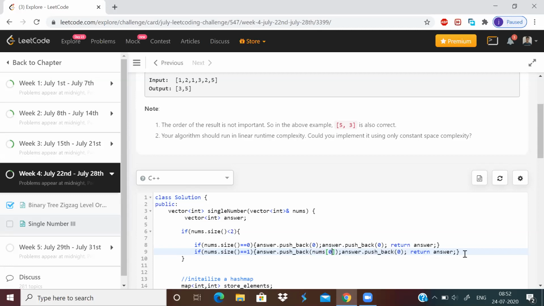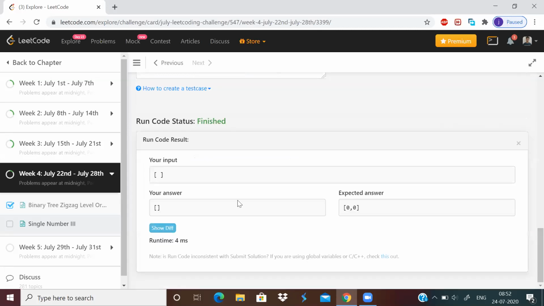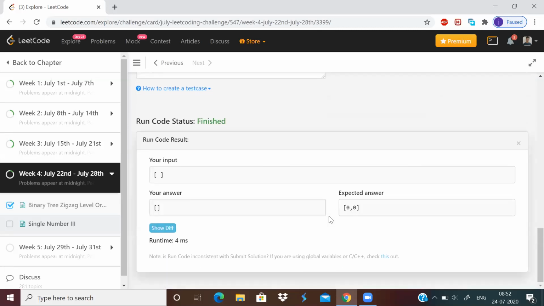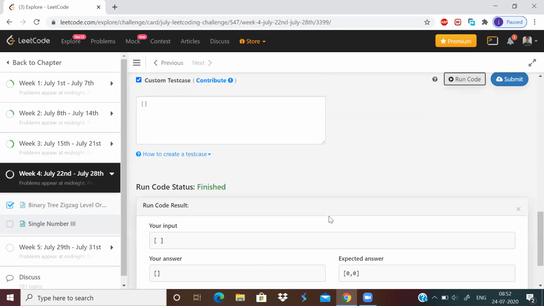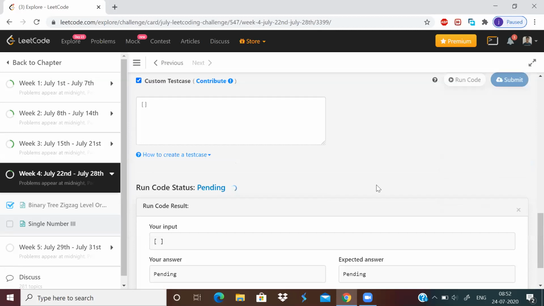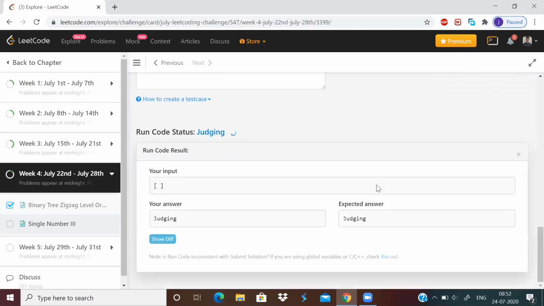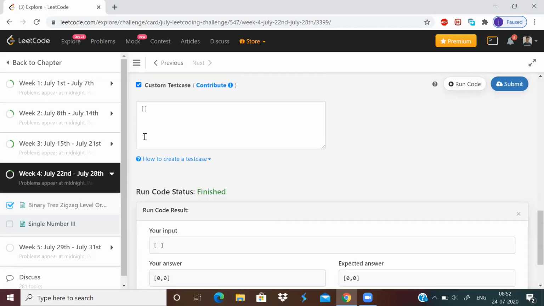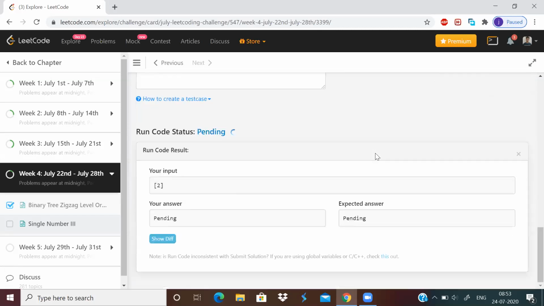In this case I just need to return the answer. You can check over here. It will give 0 0. Yeah, it is giving 0 0 output. And if there is only a single element, it will give 2 and 0 or 0 and 2. In my case it will give 2 and 0.